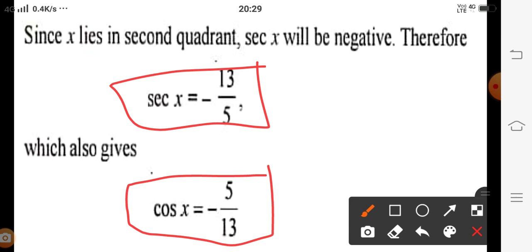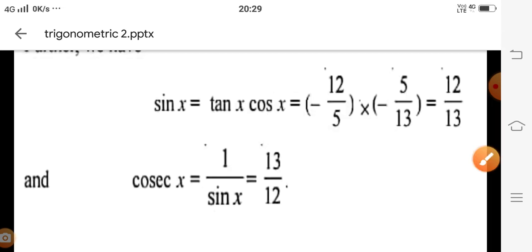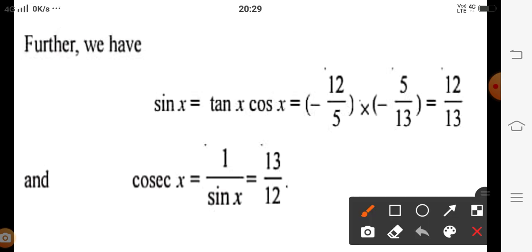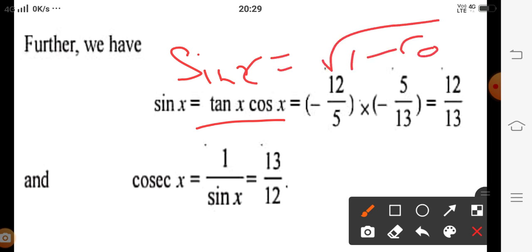Now we have the values of cos and tan, and then the relation between tan, sine and cos we have. If we put the values in that relation, then sin x we get as the product of tan x and cos x. Or you may use the relation between sine and cos, sin x equal to under root 1 minus cos square x, the basic identity. Then also you can find the value of sin x. We are using the identities and the relationships between the t ratios. We are not using the basic concept of sin theta equal to p upon h, cos theta equal to b upon h. We are not doing it by that method.